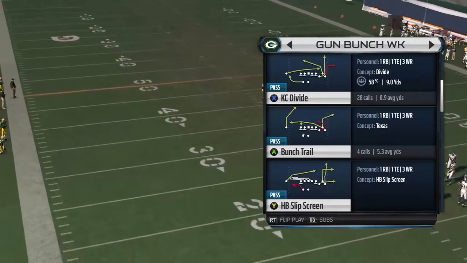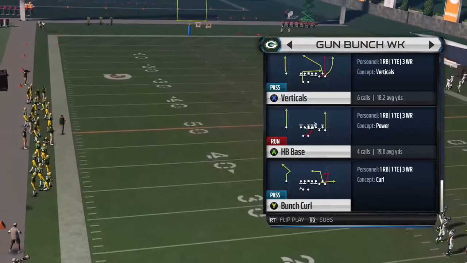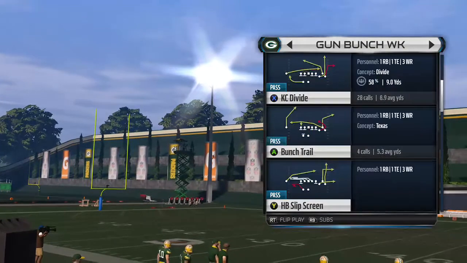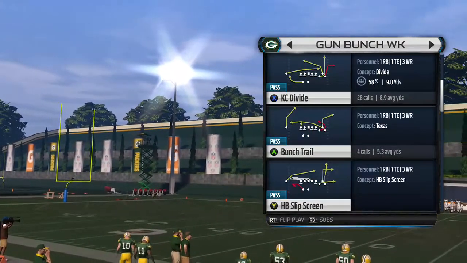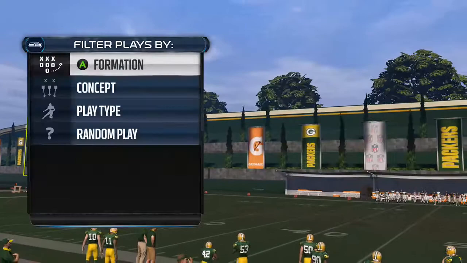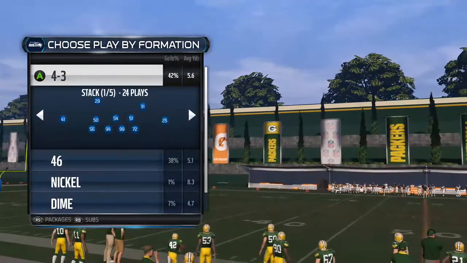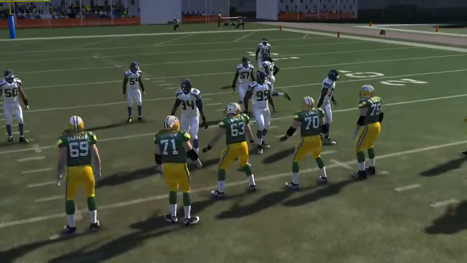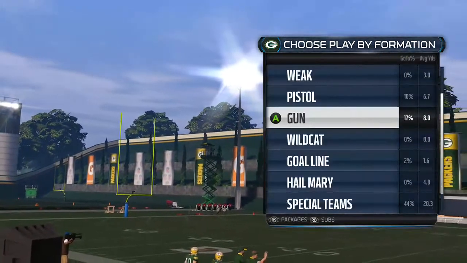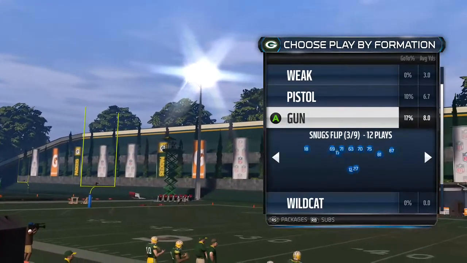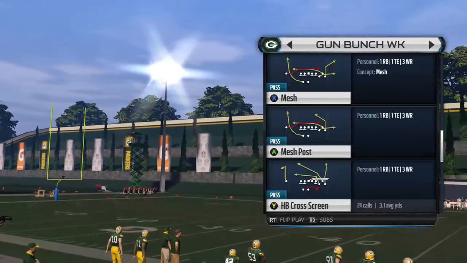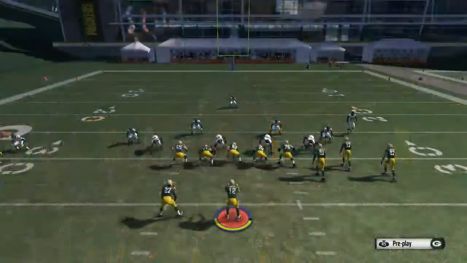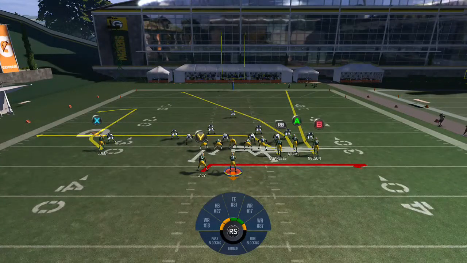Alright, next play. What was it? Cross screen. Actually, you know what? I was tinkering with this. I think halfback slip screen is probably your better option. You can run the cross screen, but you know what? Let's show why I don't like the cross screen as much. Originally, I wrote in the setup that the cross screen was the way to go, but let me just show you why I'm not a huge fan of the cross screen anymore. So if you look at the play art, you have Quarless already on